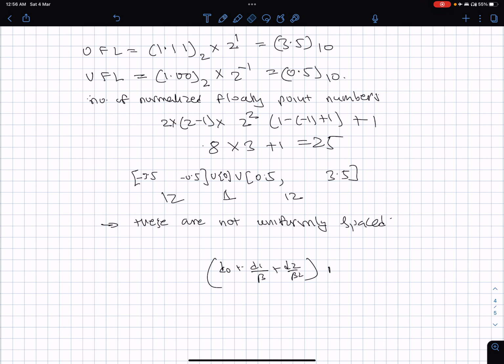So we have in fact precision is 3 and beta is 2, and this e can be 3 choices: minus 1, 0, 1. So whatever spacing we study here,